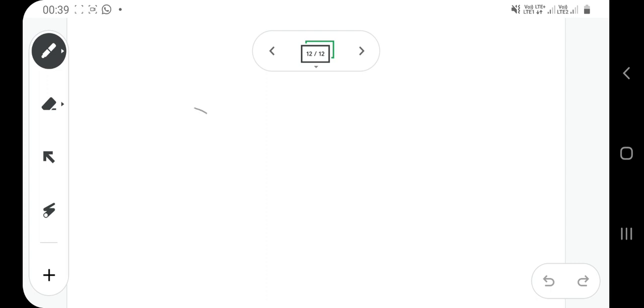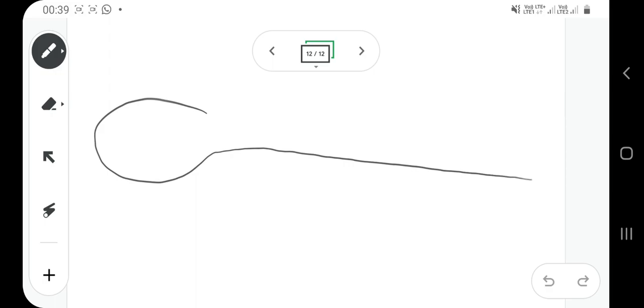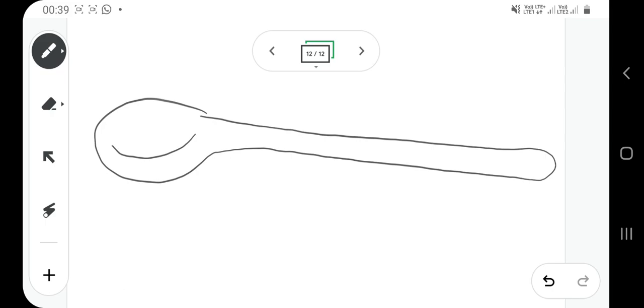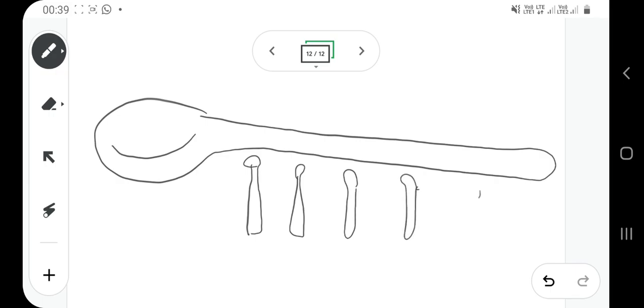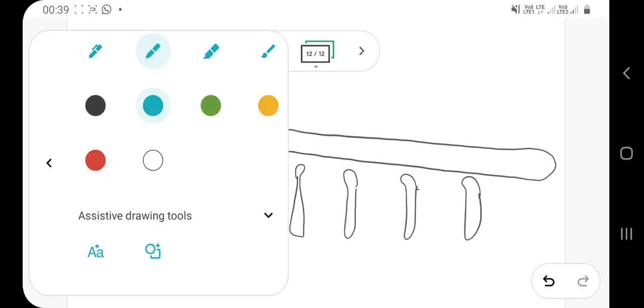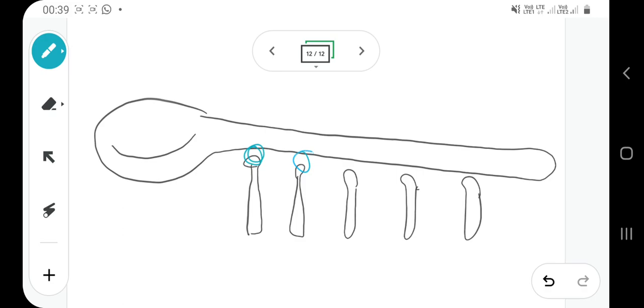If you have one metal teaspoon like this, and you have a matchbox with matchsticks, and if you have matchsticks like this, I'm sure you are able to imagine, because I'm not drawing a very fine drawing, but you can imagine these are matchsticks. You can glue these matchsticks with this spoon with the help of wax, candle wax. This is a very simple example. So you can stick these sticks with a metal spoon.